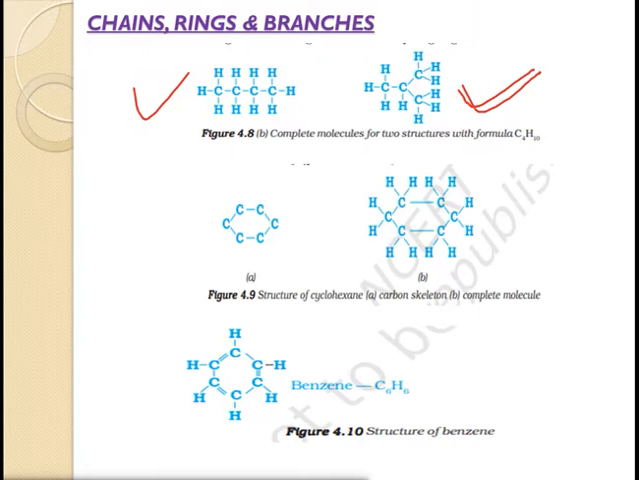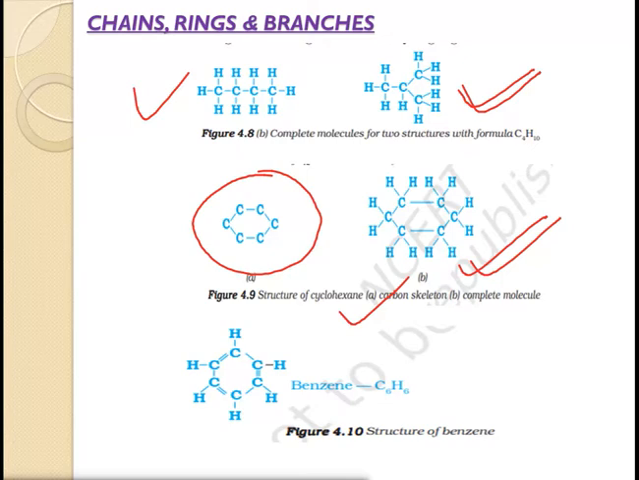Now if we talk about the ring-like structure or the carbon skeleton, suppose cyclohexane. Hexane means 6 carbon atoms. Cyclo means a cyclic structure is there. So like this is the cyclic structure of cyclohexane, and in this the hydrogen atoms are also attached. Now if we talk about ring-like structures, one of them is